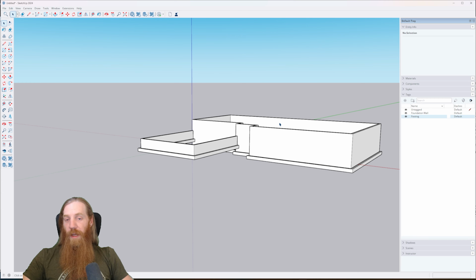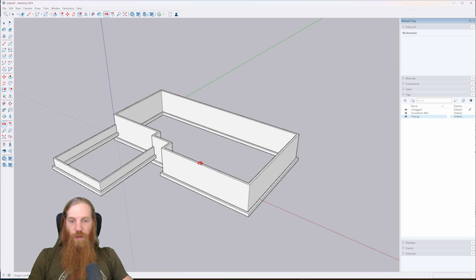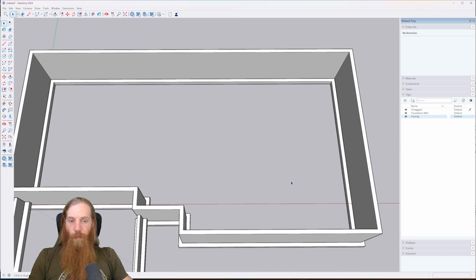Now this is not really a complete foundation because we will still have, most likely, in fact, I'm certain we will have, with a layout this size, some interior footings, okay? Interior footings are going to be footings that come across the interior of your layout, and these are going to be used to support load-bearing walls in your basement, right? So any load-bearing wall that you have in your basement, in other words, a wall of the basement that is supporting floor joists above it,